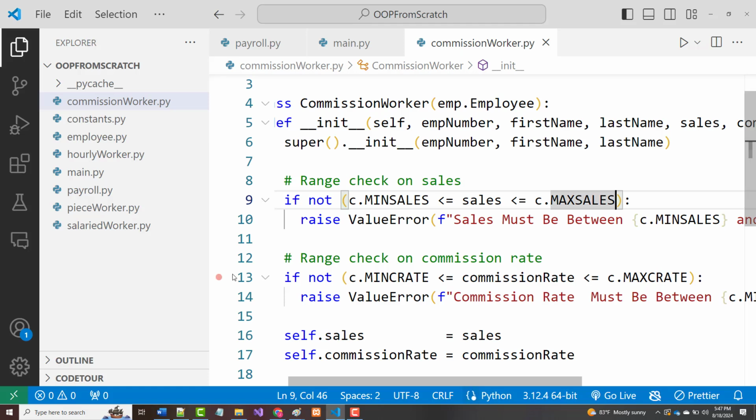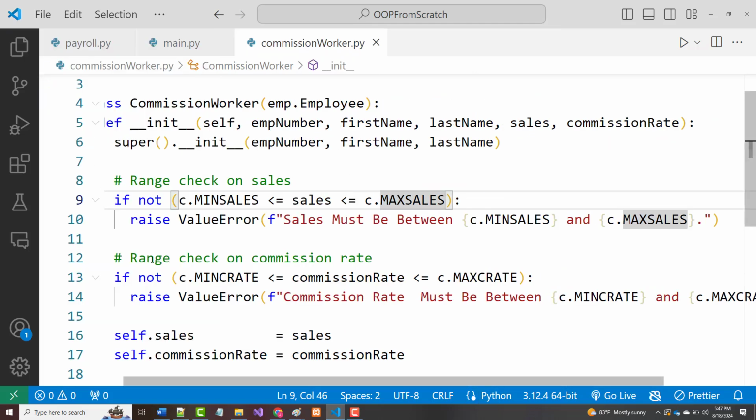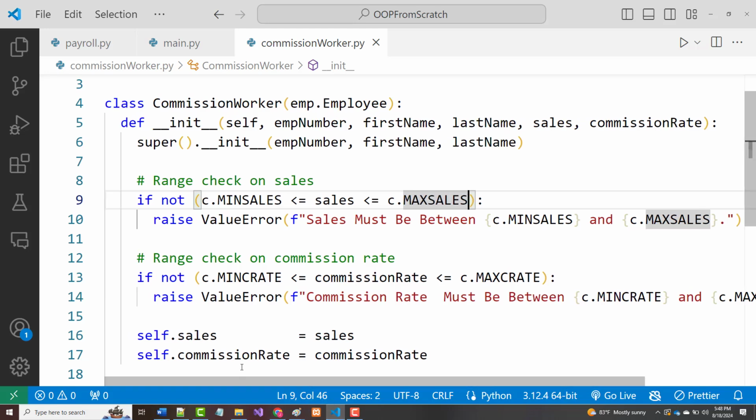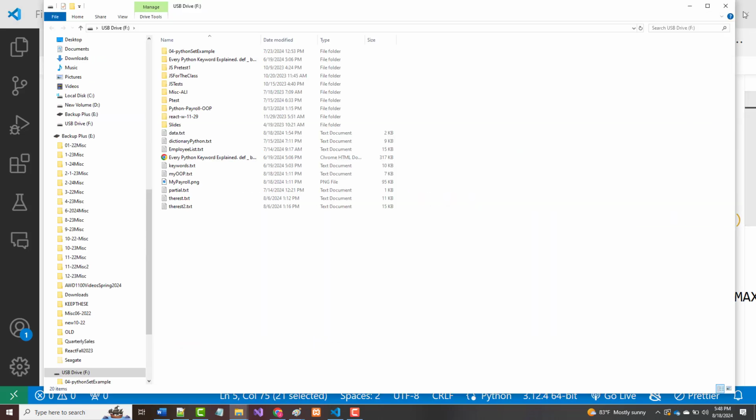For the commission worker, we need to do a range check on the sales and a range check on the commission rate. Again, in here, the parent will be handling the employee number, first name, and last name, so we're responsible for sales and commission